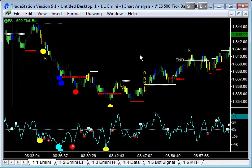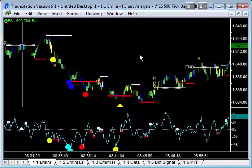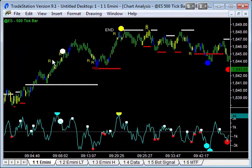On the 500 tip bar chart, let me just try and pull out the detail. There we go. So on the 500 tip bar chart we were coming into a pullback in an uptrend, and it was Rambo patterns and blue professional bars. You can see a little bit of a U-turn there, so the professionals are sitting there with resting buy orders. They step in, they're anxious to buy it up. We test back into that level, it holds, and a blue professional bar kicks this move off to